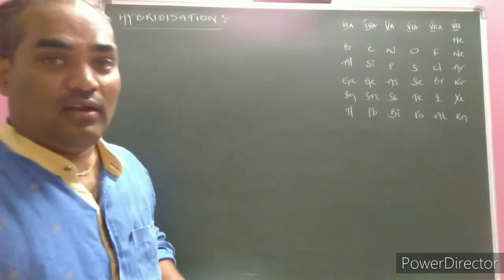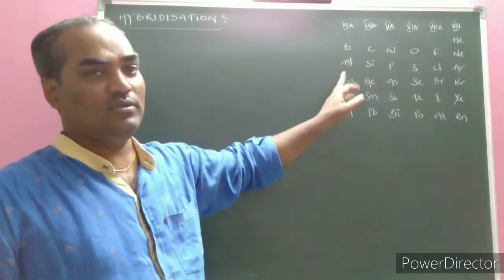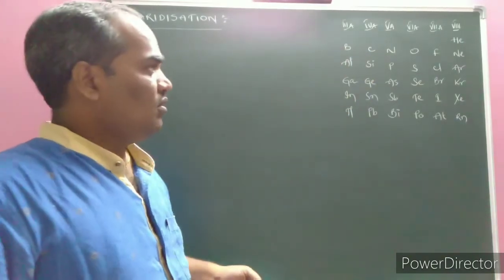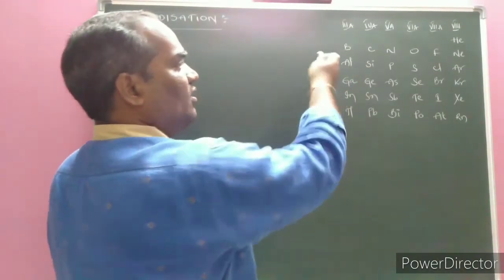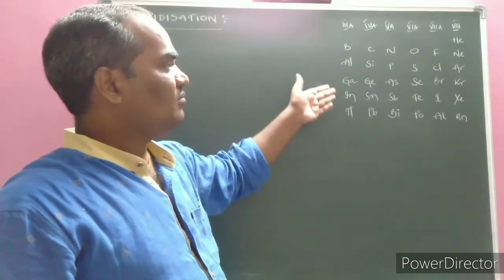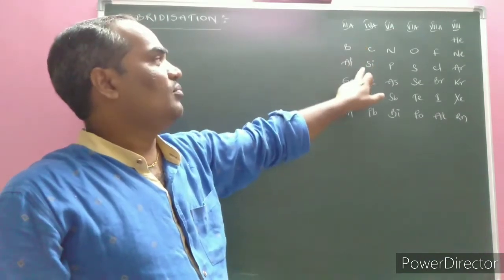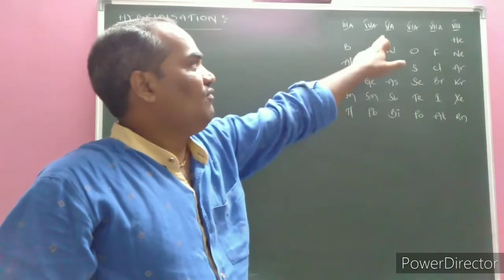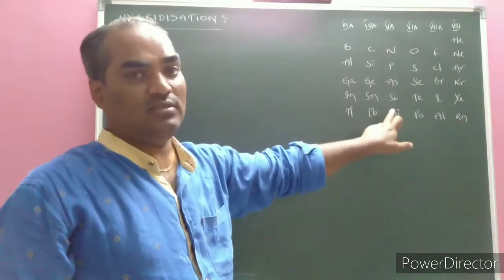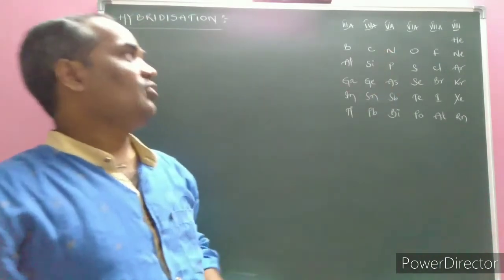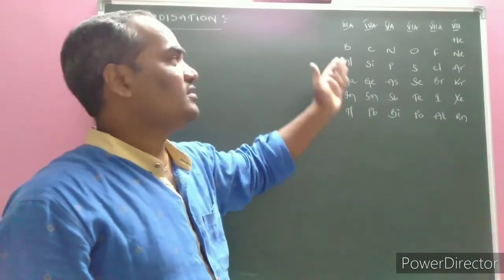In many entrance examinations, everyone needs an idea about the group numbers as well as those elements. Here we have the third A group, the boron family: boron, aluminum, gallium, indium, thallium. Fourth A group elements, also called the 14th group: carbon, silicon, germanium, tin and lead. Fifth A group elements: nitrogen, phosphorus, arsenic, antimony and bismuth, which we call the pnictogens or pnictides. And the sixth A group, the oxygen family: oxygen, sulfur, selenium, tellurium, polonium, also known as the chalcogens.